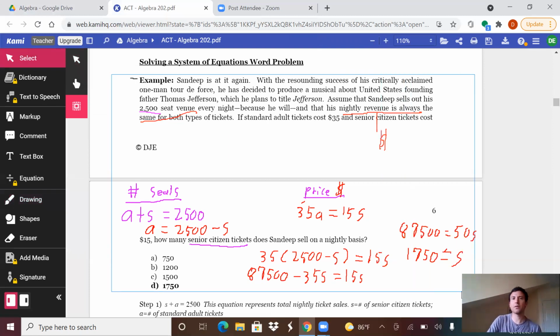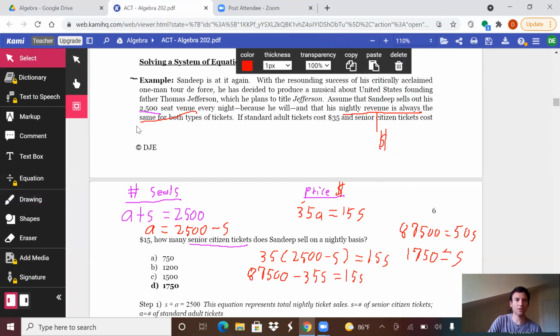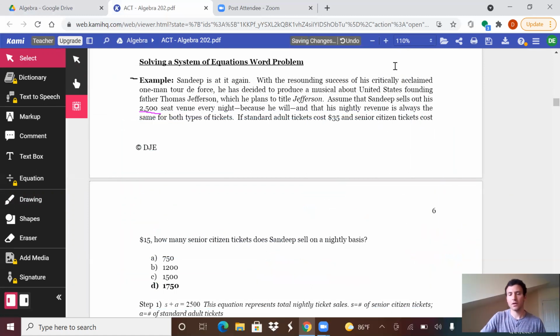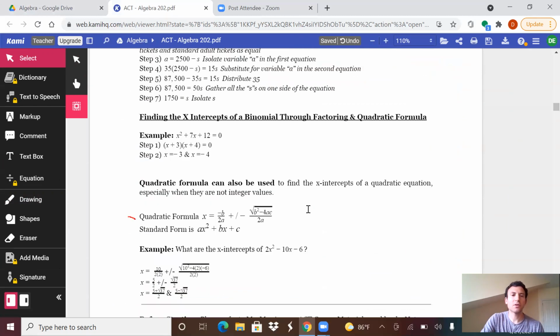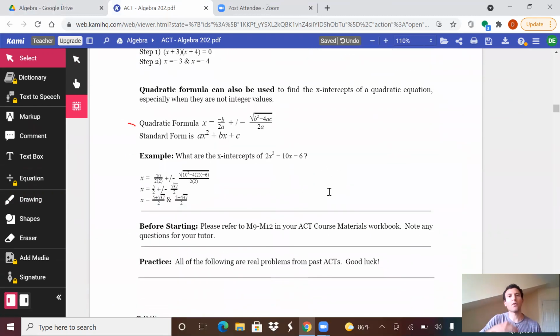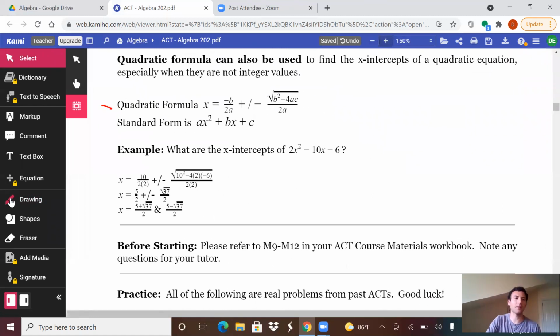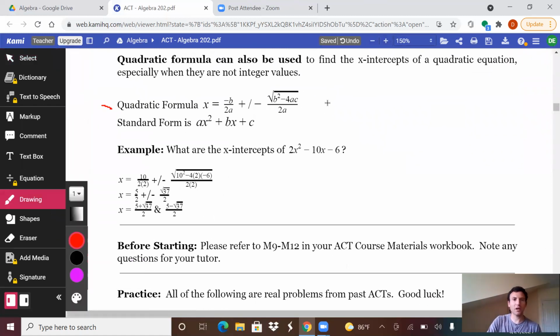Anyway, one last concept, and then we'll get into the problems from the worksheet. The last concept is you just need to know the quadratic formula. It won't always come up on the test, but I'd say maybe once a test, or once every other test, it does come up. It's essentially if you have a quadratic, meaning x squared is your highest power, and you need to be able to solve for your x-intercepts, in other words, when this equation equals 0,